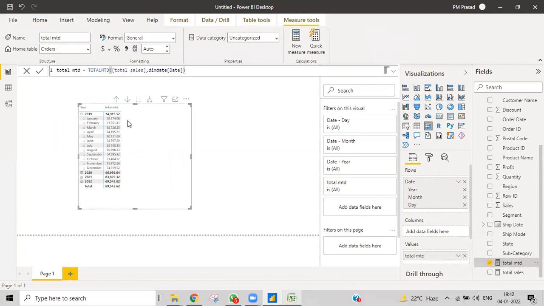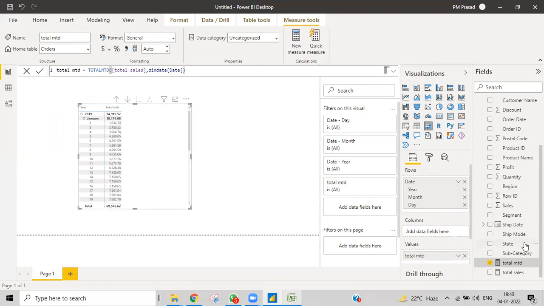You can see in January. So first of all, we have been given MTD. MTD means you can see the total of this month is 18,174.